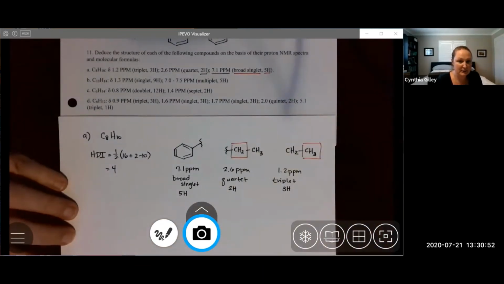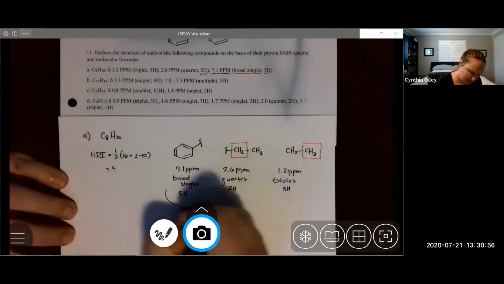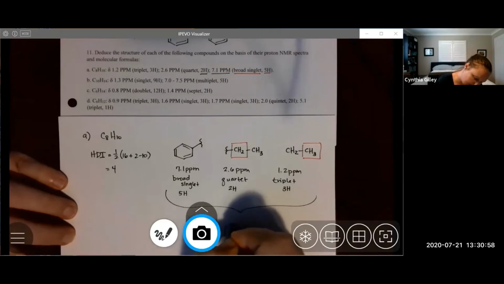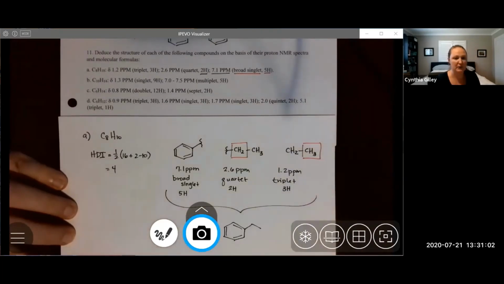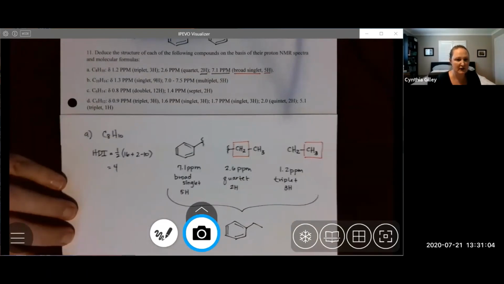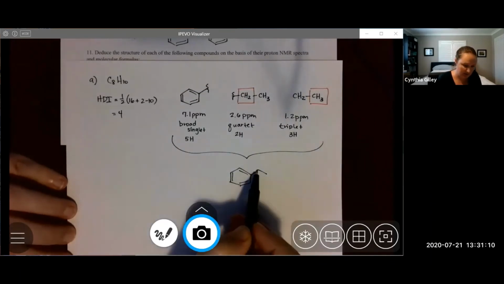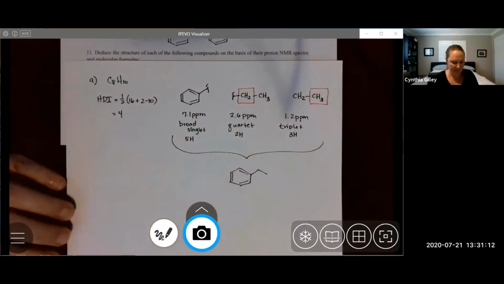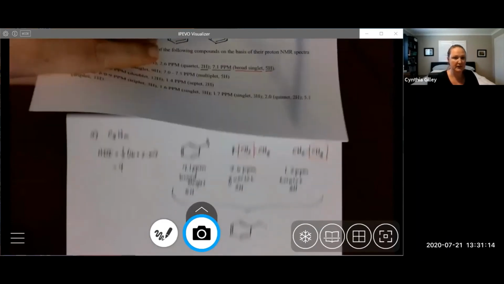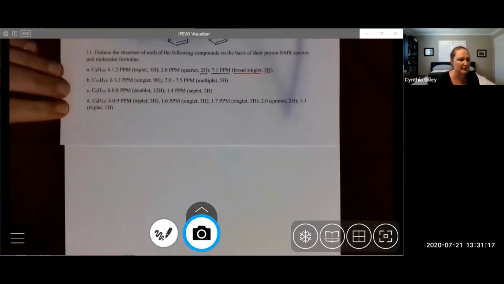And so then this is really coming together to look like ethylbenzene. And just double check that your chemical shifts and everything match that. And it looks good to me, especially with the benzylic hydrogens coming at around 2.5. Okay. The next one we have is